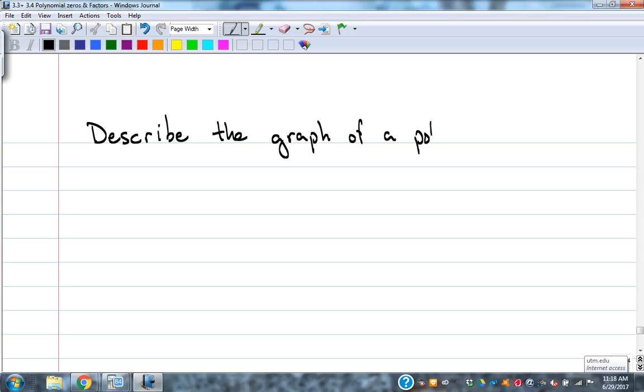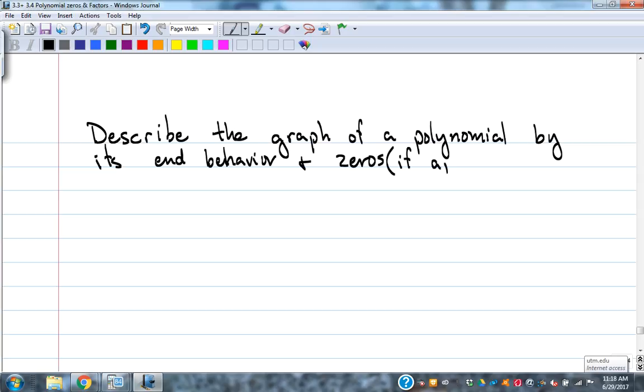Describe the graph of a polynomial by its end behavior and zeros, if applicable. Zeros are not always something we're going to use to describe. When it's handy, we will. But what we're going to do is describe it based on its end behavior. End behavior of a polynomial is based on its degree. Okay? So if the degree,